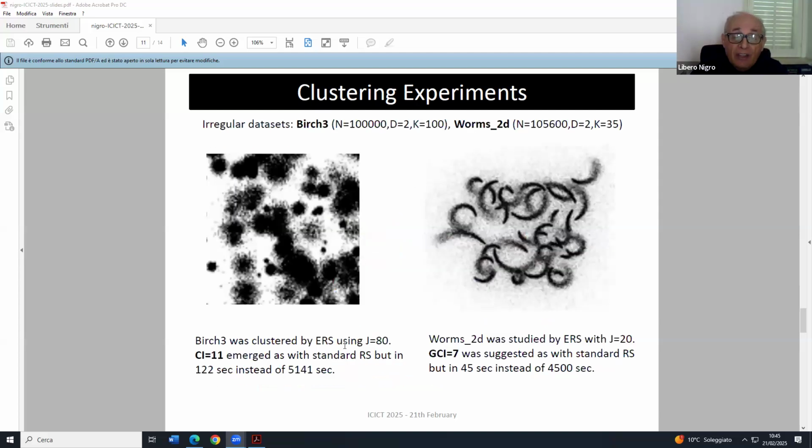And these are two other very, very difficult data sets known in the literature, which are made up of a high number of points, and also a high number of clusters centroid. But what is most important is the internal structure of clusters, which is very difficult to handle both in BIRCH tree and also in worms 2D, 2-dimensional. Now, in this case, we used 80 solutions in the population, and it emerged that one in